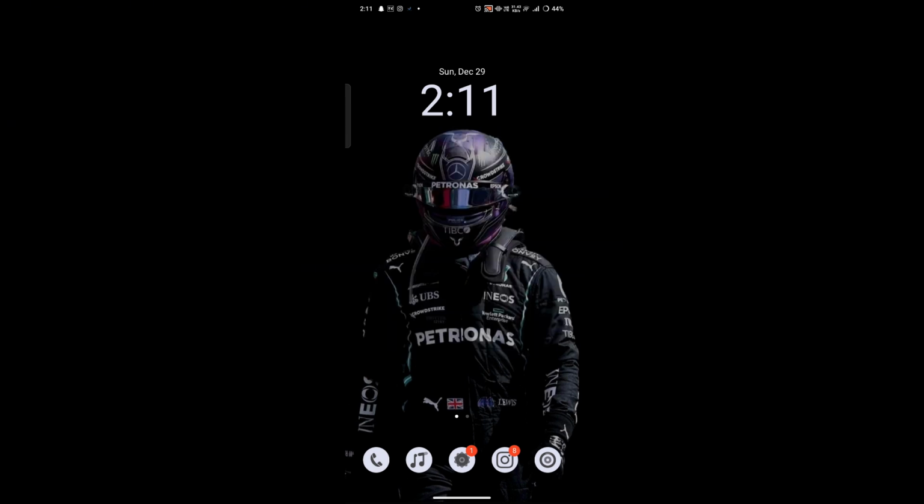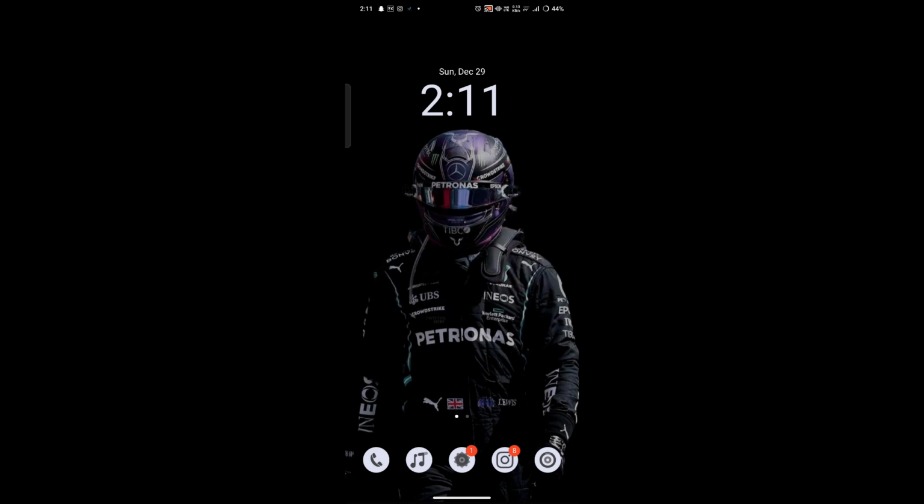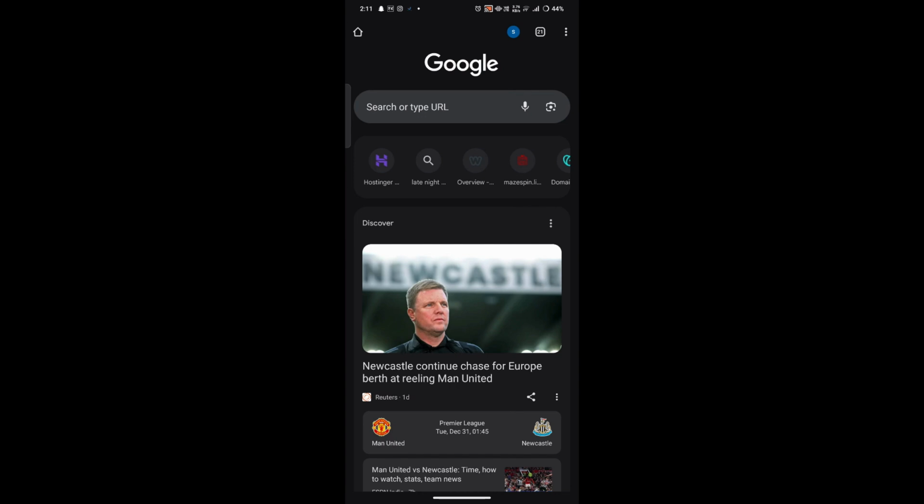Today we are going to walk you through how to change the SSL setting on your Weebly website to ensure your site is secure and trustworthy. So let's get started. First of all, open a web browser on your mobile device and go to Weebly's official